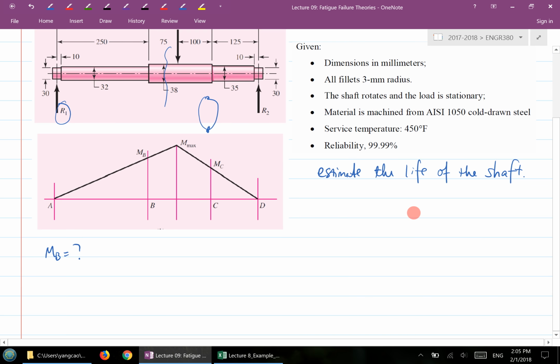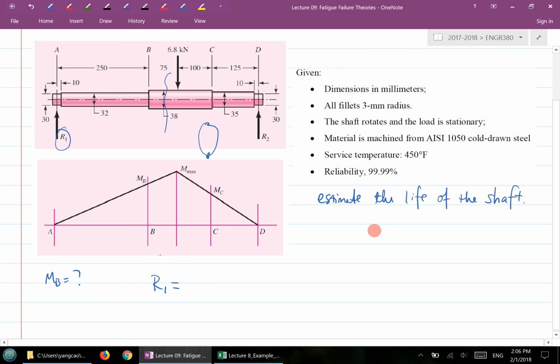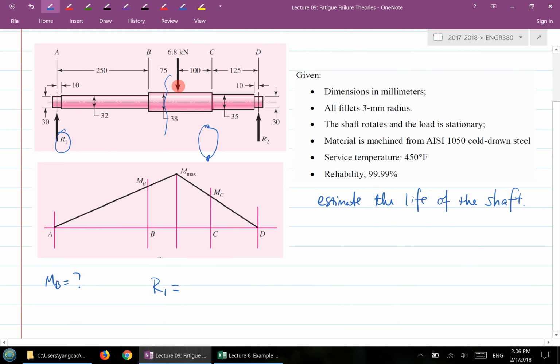But then what is R1? R1 is a supporting force, and this is where you use the equilibrium equation to find R1. Equilibrium means, if I'm going to calculate the moment about